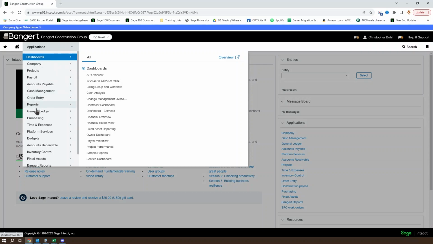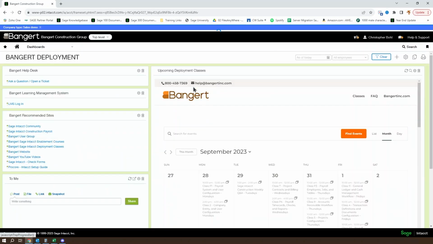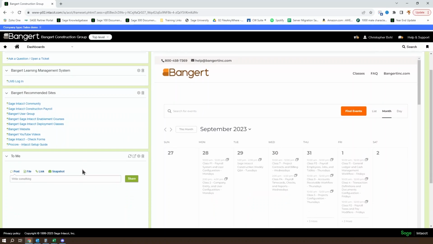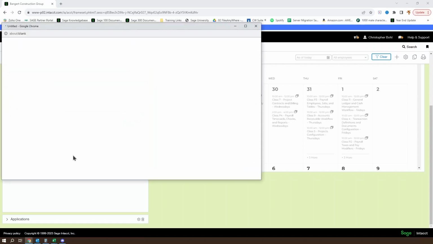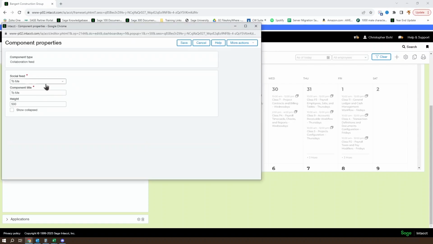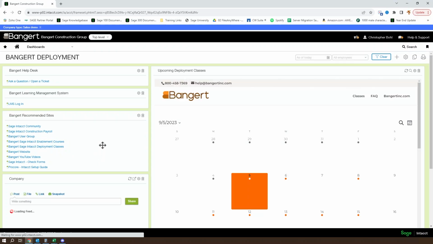The other thing you can do with this is you can also come into the dashboards, and we'll have this set up for our clients under the deployment section. You can come into the dashboards and you can see a feed. Now you can set this up to filter by other choices. So just like you have the feed of what I follow to me, you also have group feeds and the company feeds. So if we change this to show us the Collaborate All Company feed, right here within the dashboard,